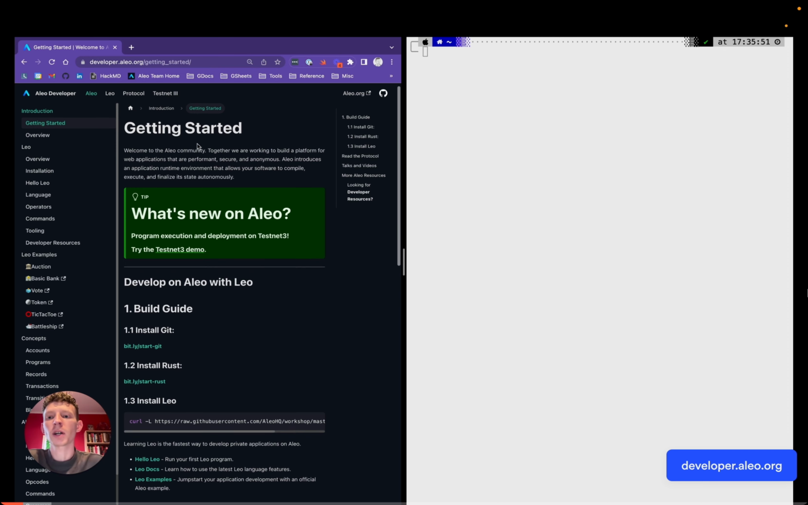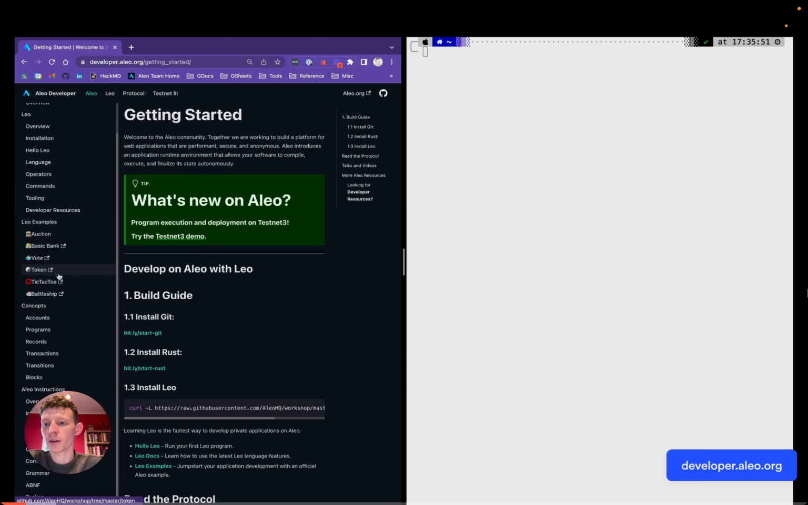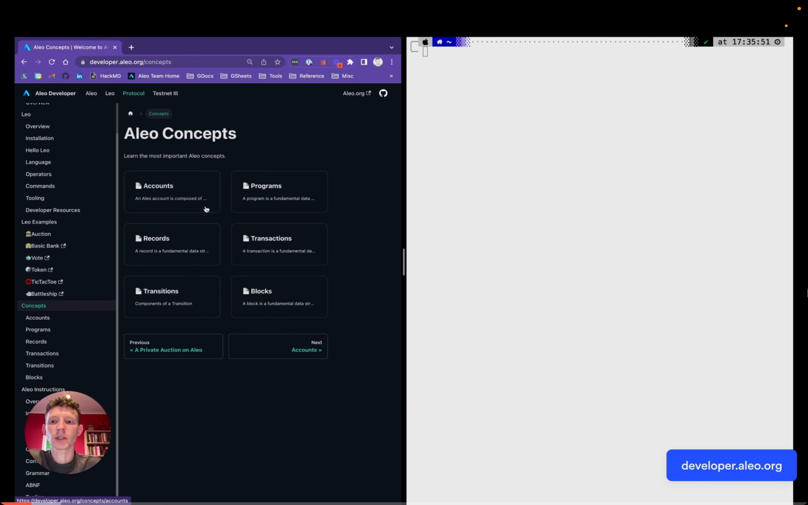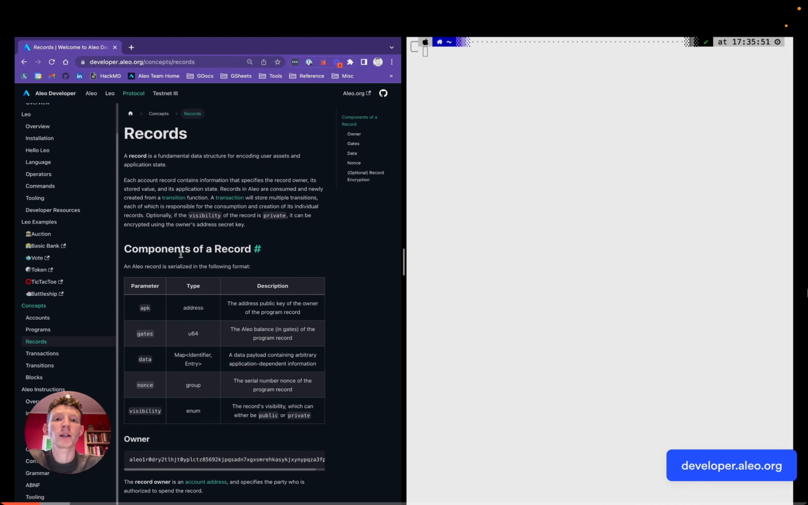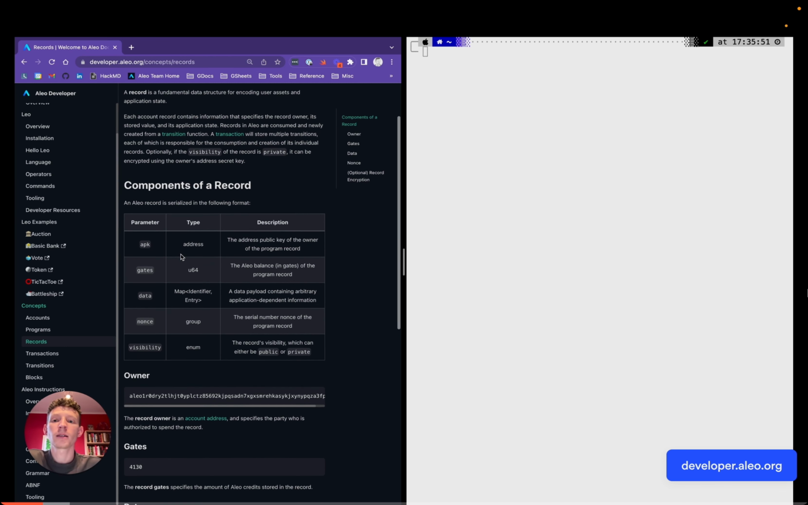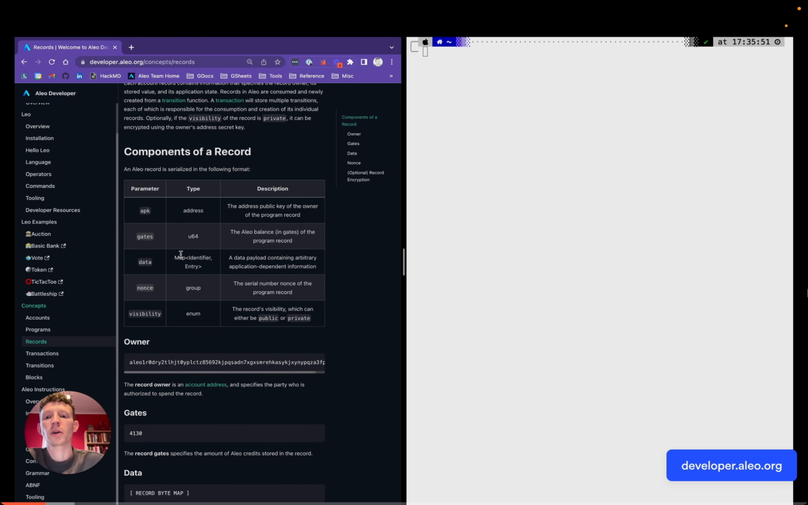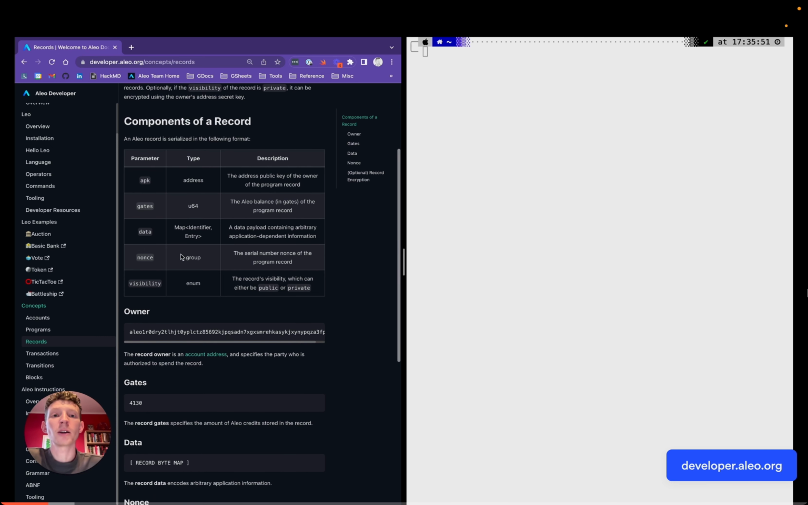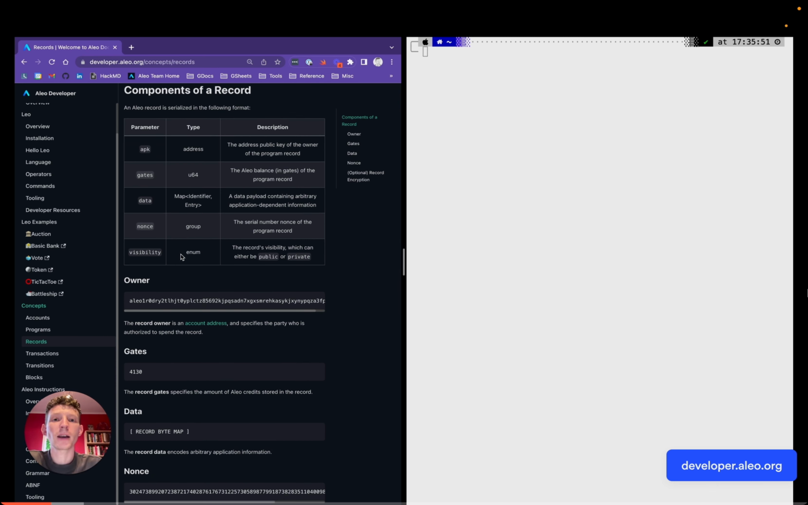At developer.aleo.org, you'll find a number of different resources available to you, including Leo examples, as well as Aleo concepts. Aleo concepts is where you can learn about all of Aleo's key ideas, in particular records. Records are important because we're going to talk through those a little bit today. Because we're in the beta phase for Testnet 3, we're going to be looking through a record directly, which is kind of exciting, both the cipher text and the plain text, and we'll be decrypting that cipher text